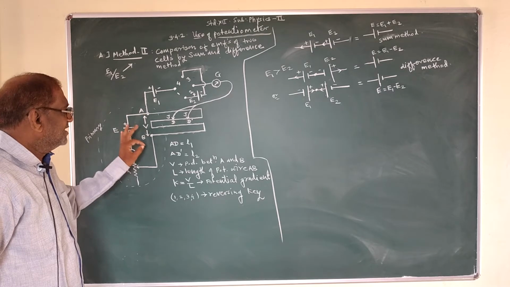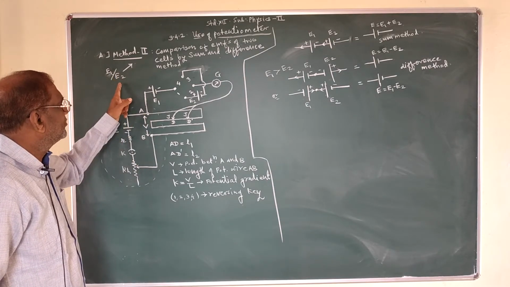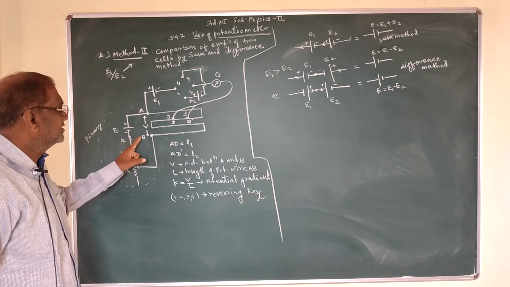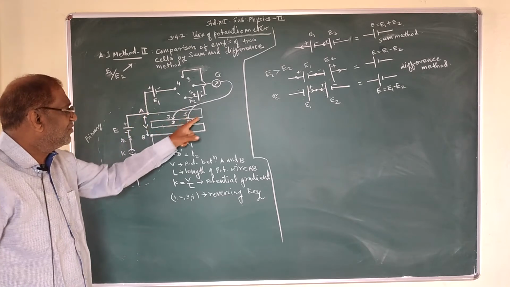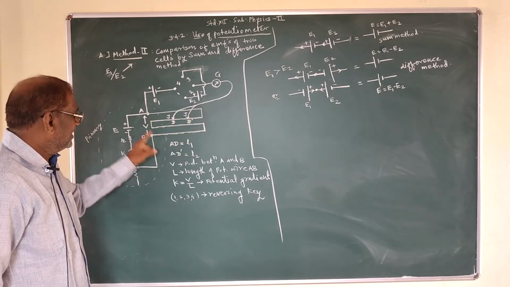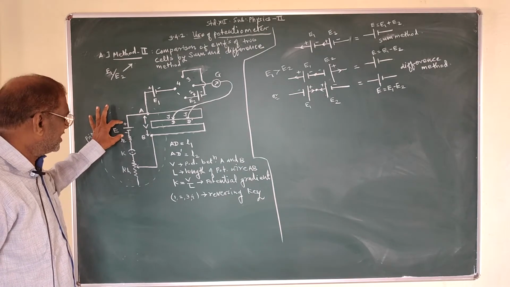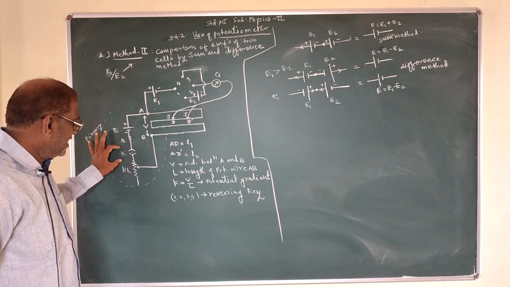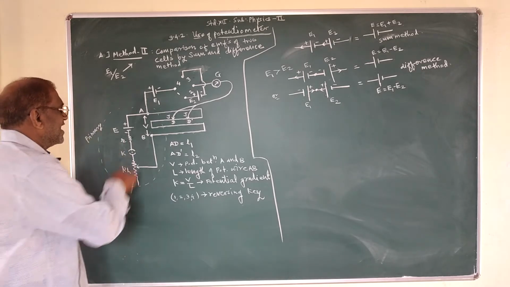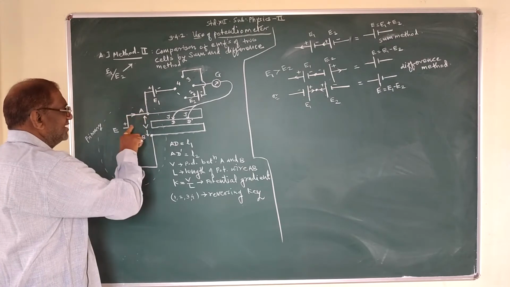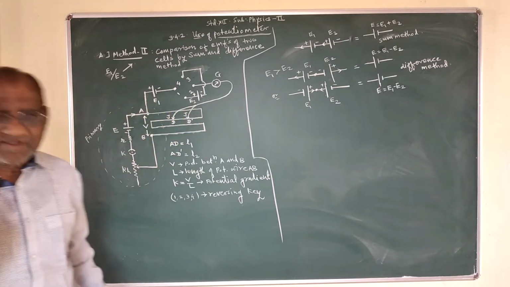The electrical connection for the comparison of EMF of two cells by sum and difference method is that the potentiometer wire AB is connected in series with battery eliminator A, plug key K and rheostat, by which we can pass steady current through different branches of the electrical circuit. This is the primary circuit. Now,